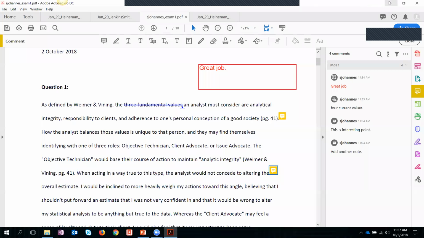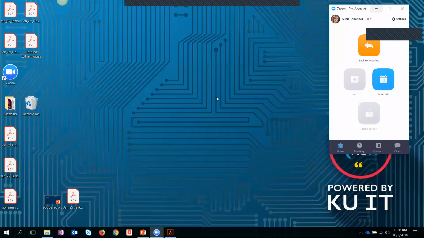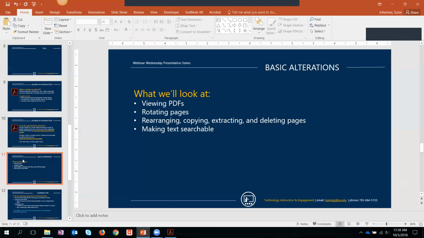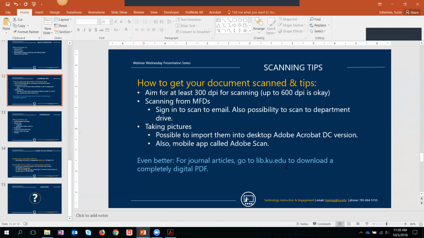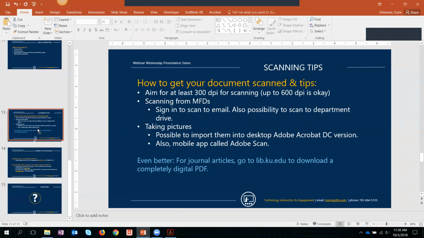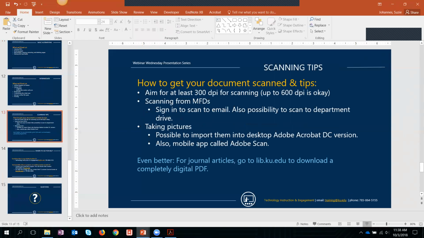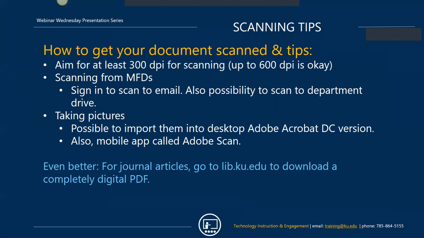Okay, so that's pretty much all I have specifically within the area of commenting and editing and that sort of thing. I do have just some final tips here, and that's about scanning. So, how do you get your documents into Acrobat? I will say that if you are scanning, a lot of the options that we've had to look at, we've used scanned pages. I'm going to talk a little bit about images when we talk about scanning, but the